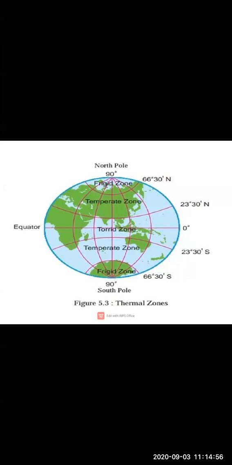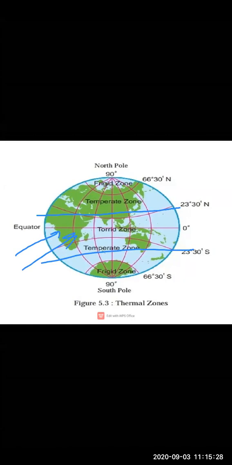So see, equator. This region is our equatorial region. So here we are going to experience the torrid zone. Torrid means, as I have told you, very hot or dry. In this region, sun rays are falling in perpendicular direction. That is why this region is going to experience more heat. And as it receives more heat, the temperature in this region will be very hot and dry.